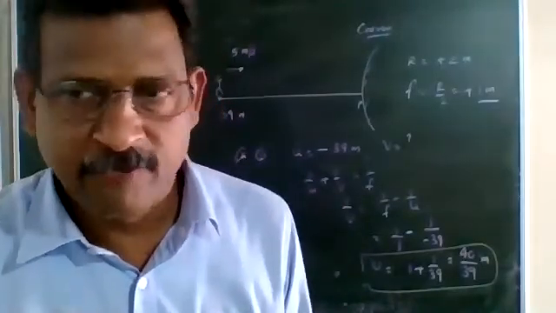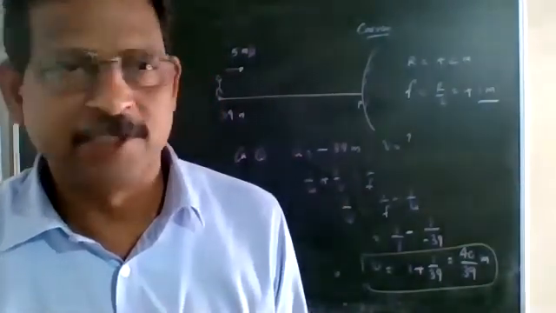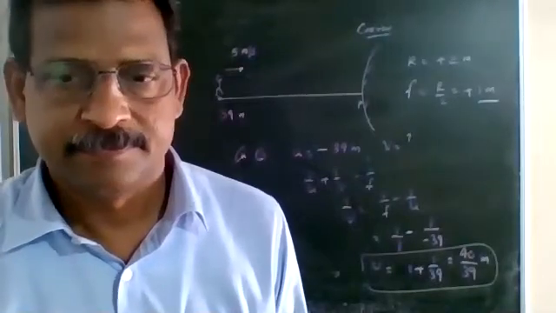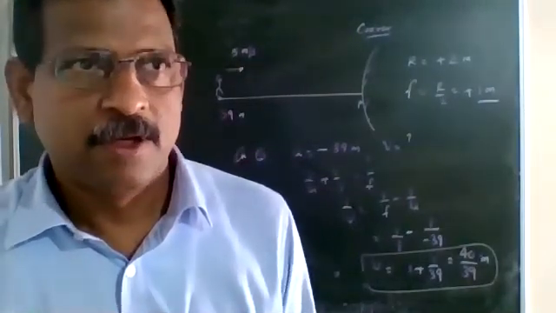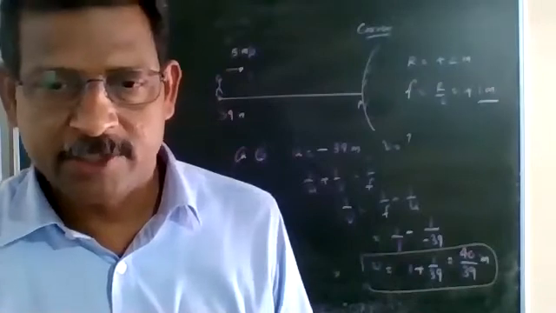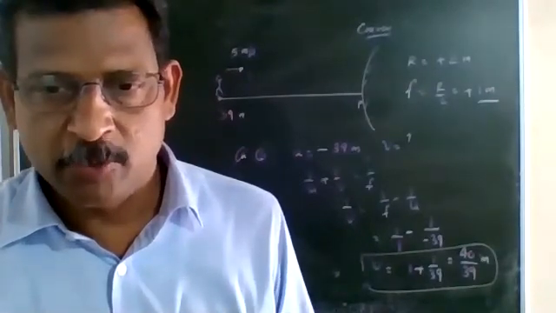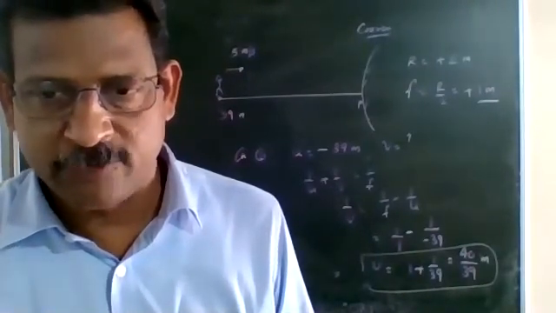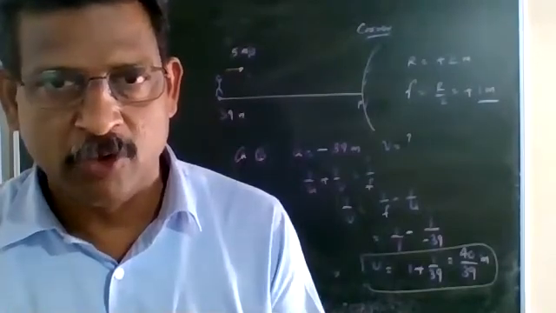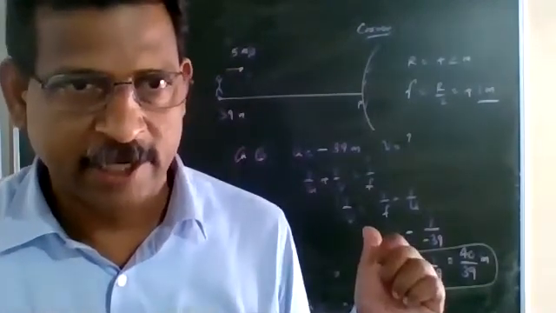Are you getting this point? First part is over. Anshuman Singh? Yes, sir, the calculation part is okay. The position of the image is 40 by 39 meter from the pole of the mirror when the object is 39 meters away.